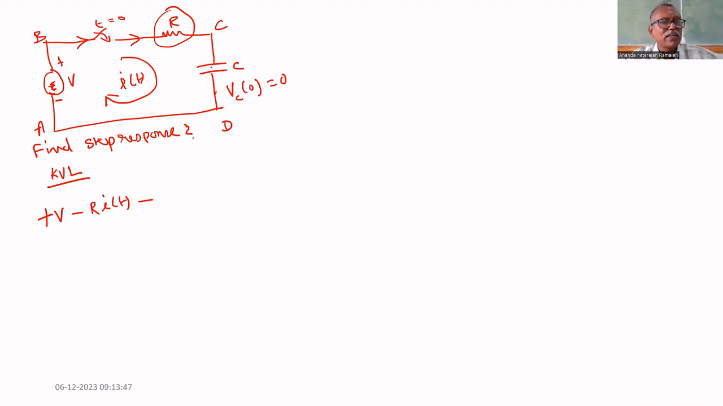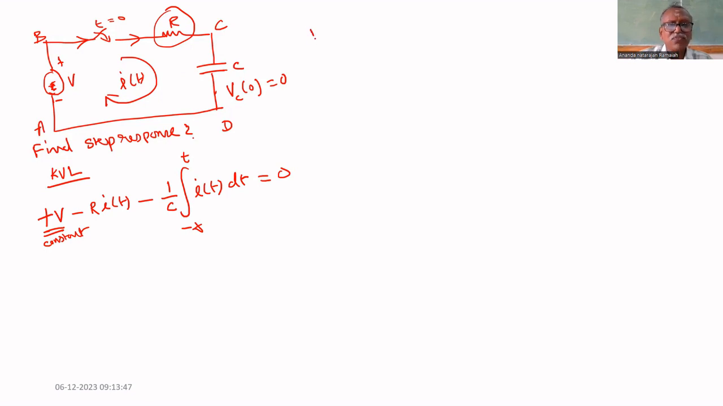Minus, what is the voltage across the capacitor? 1 by C integral of I of t dt from minus infinity to t equal to 0. This is the time domain equation. If we take Laplace transform for this, this is constant. The voltage of the battery is constant. That's why